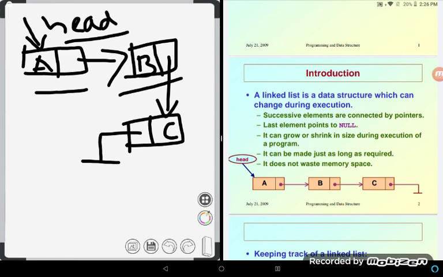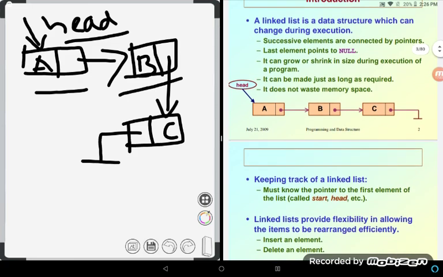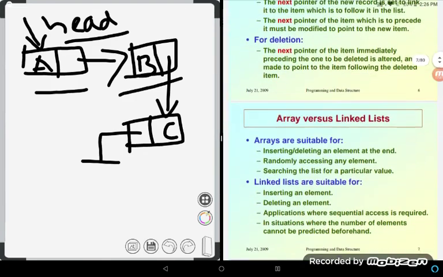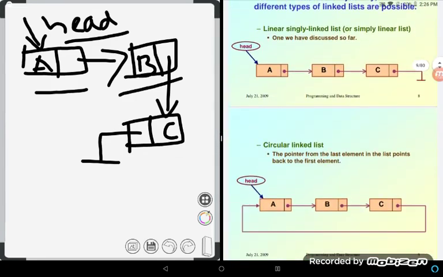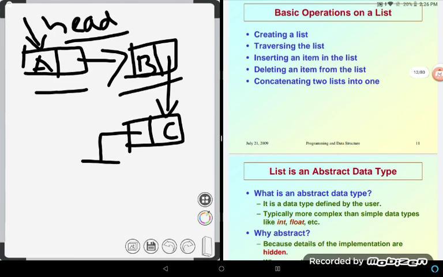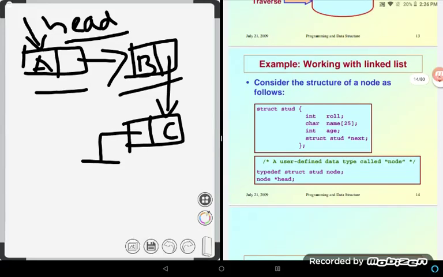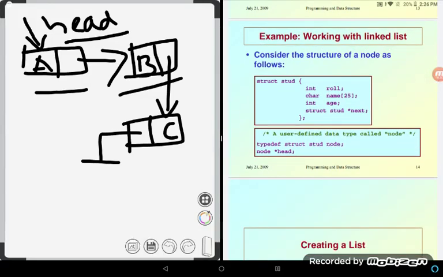Then how the data is given to each member, how we are going to do this, will be clear in the successive allocation. And here we will just see the basic operations of a linked list. One is the creation of a linked list, and for working with the linked list, I would like to take an example. Here you can see, consider the structure.